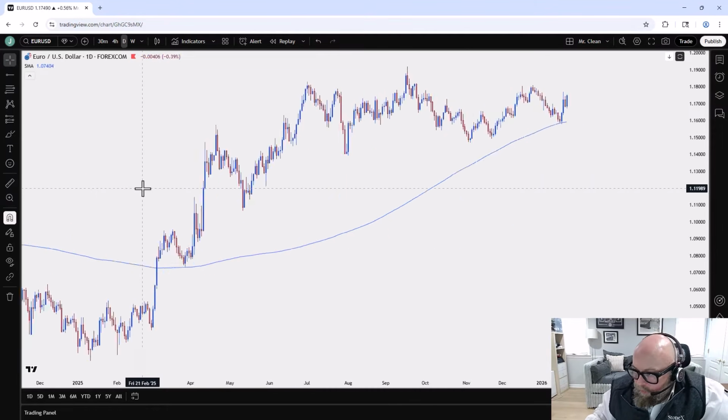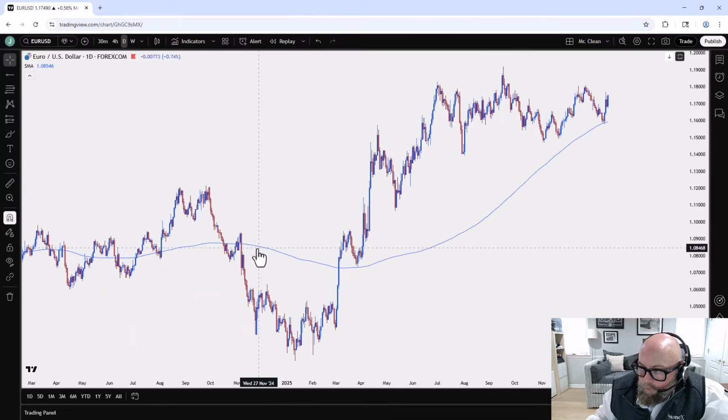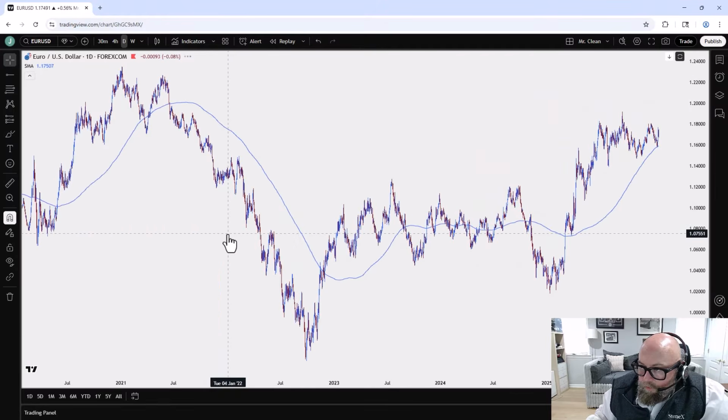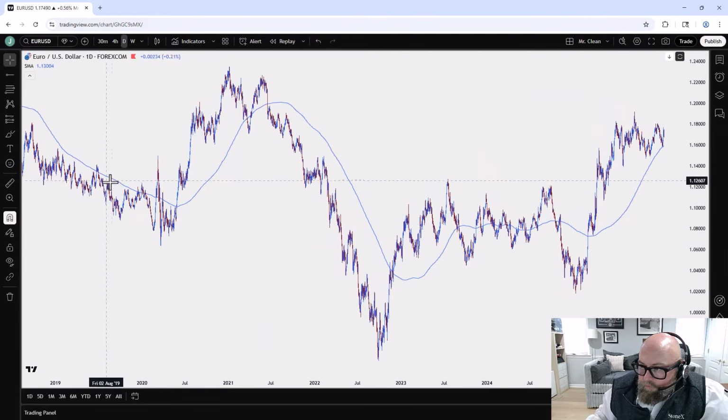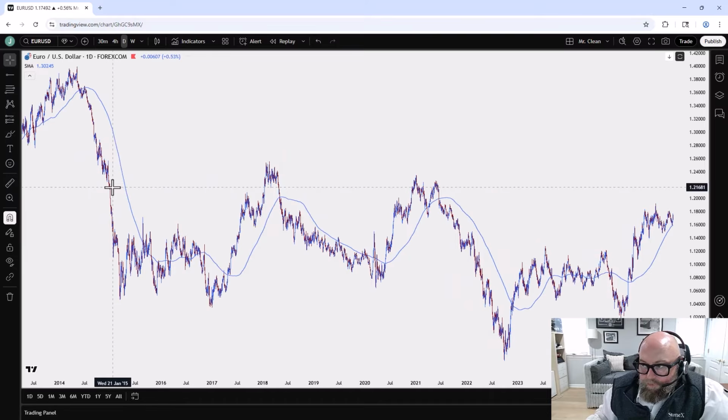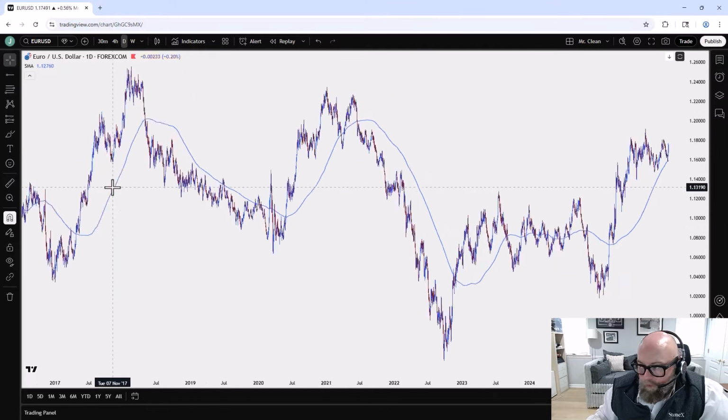But what I think is notable here is the way that sometimes that moving average will show up as a clean spot of support, or maybe a clean spot of resistance. Again, not perfect. It's not all the time. But this is simply a lagging indicator.